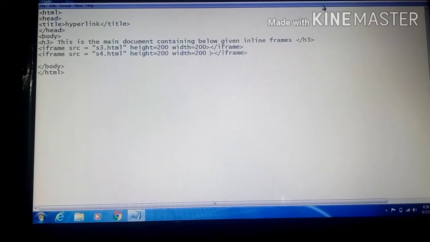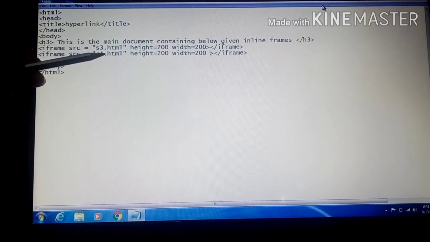src means source, what source are we taking for the frames that we are making, which frame it is. Like I have already made 2 files, S3 and S4, which you have seen in my last week's videos, and here I am using that source. I am making a web page in which I am inserting 2 files, S3 and S4, and making 2 frames. S3 will be inserted in frame 1 and S4 will be inserted in frame 2. So I am using the iframe tag here and the frame is being made. Where is the source of that frame coming from? s3.html is its source. Which file will be displayed inside this frame, that will be s3.html.